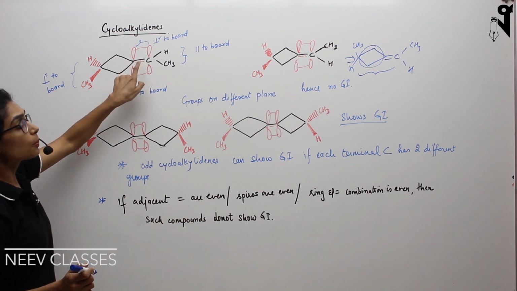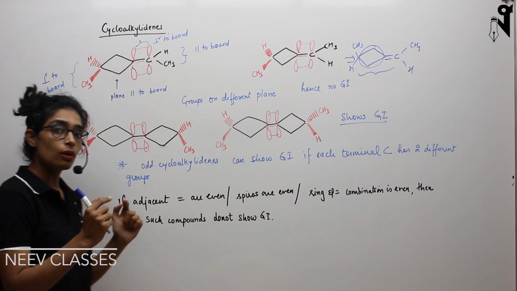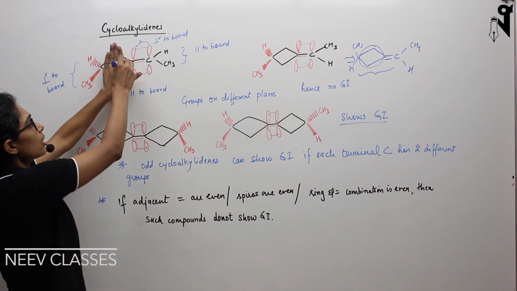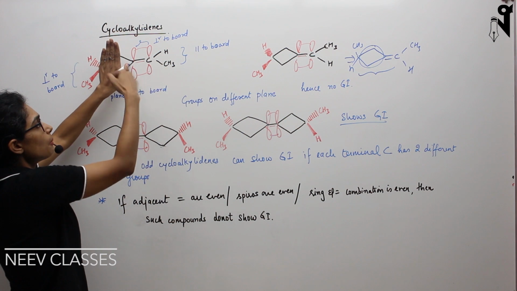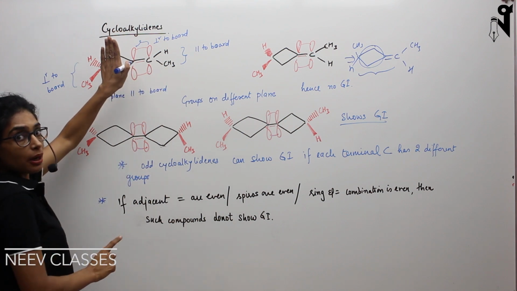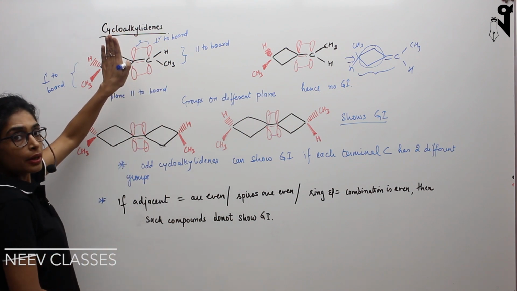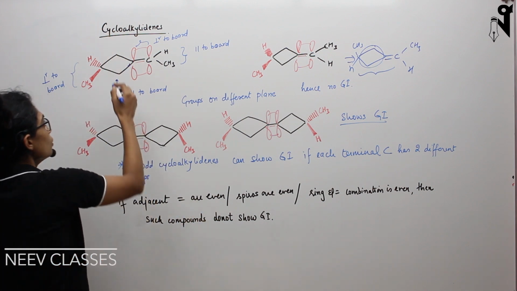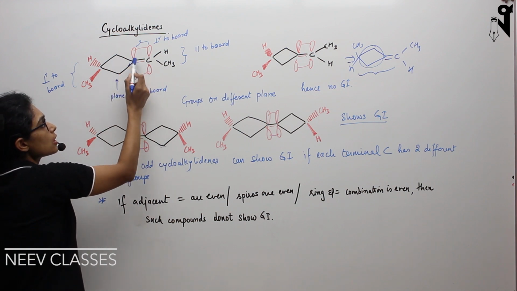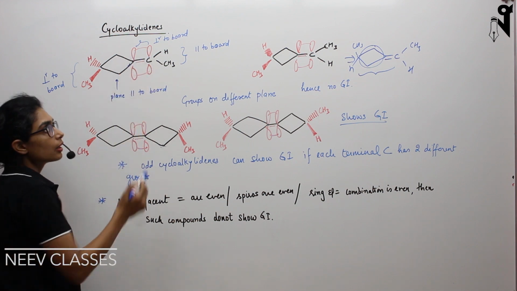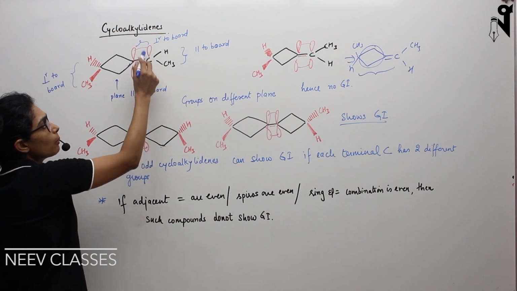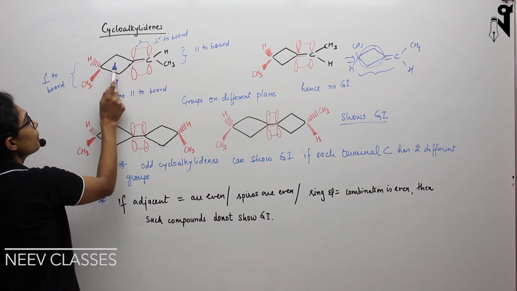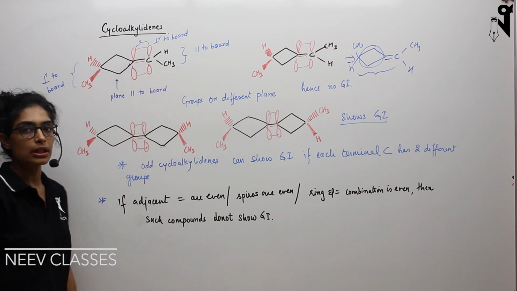Now when we are talking about the pi bond that is forming, the pi bond will also be in the perpendicular plane of the ring. So if this is the plane of the ring, that's how your p orbital, which will be participating in the formation of the pi bond, will be. Everything is going to be perpendicular with respect to each other. So if this is a parallel plane, then this is going to be a perpendicular plane. Then again, the carbon which is forming the pi bond in the perpendicular plane, its sigma bond will be in the parallel plane. So perpendicular, parallel, perpendicular, parallel. That's how it is going to be.